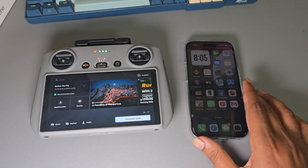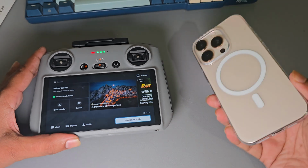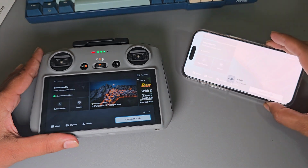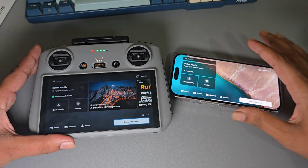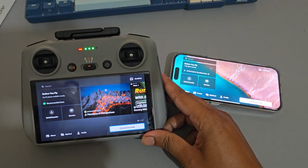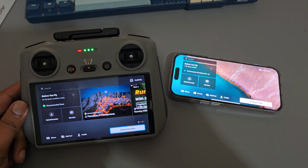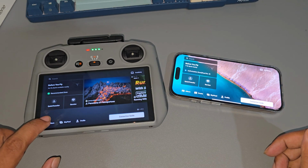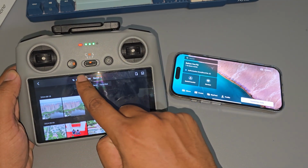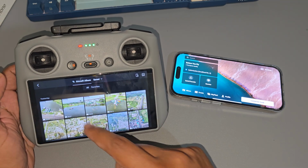So how to transfer photos or videos from your DJI to your iPhone? Open the DJI Fly app on your mobile, and at the same time go to your DJI drone album. Then you can see the save option, and for aircraft you have to press on aircraft